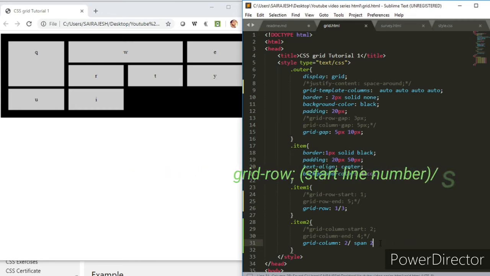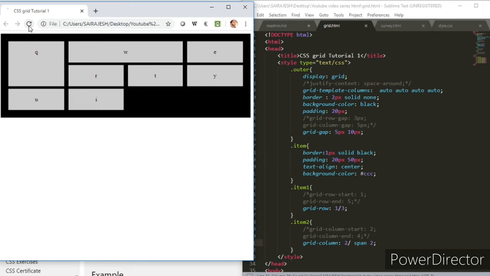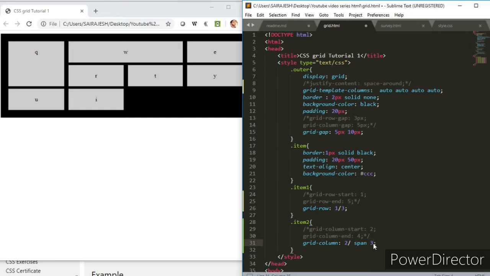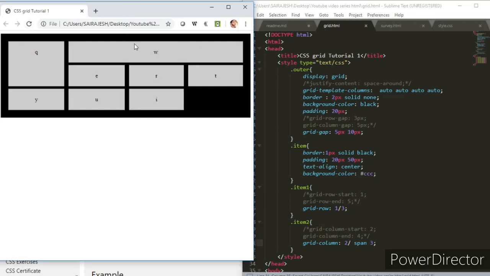Then I'll put a semicolon at the end. So this is another way of doing it. It's a shorthand, right? See, it works. Works the same. So it spans 2. That means it starts from here, and then it spans 1 and then 2. You can make it span 3 also. So let me save it. Now it should cover this whole area. So yeah, it does that.